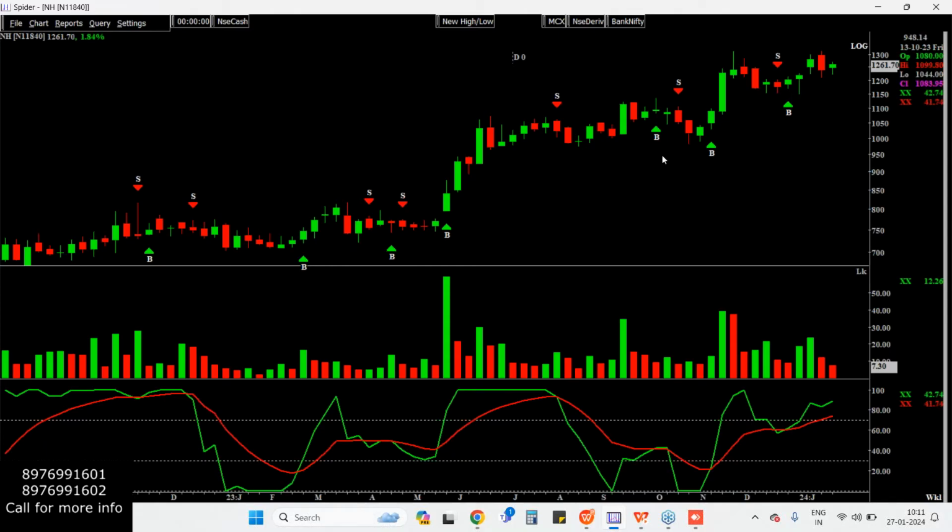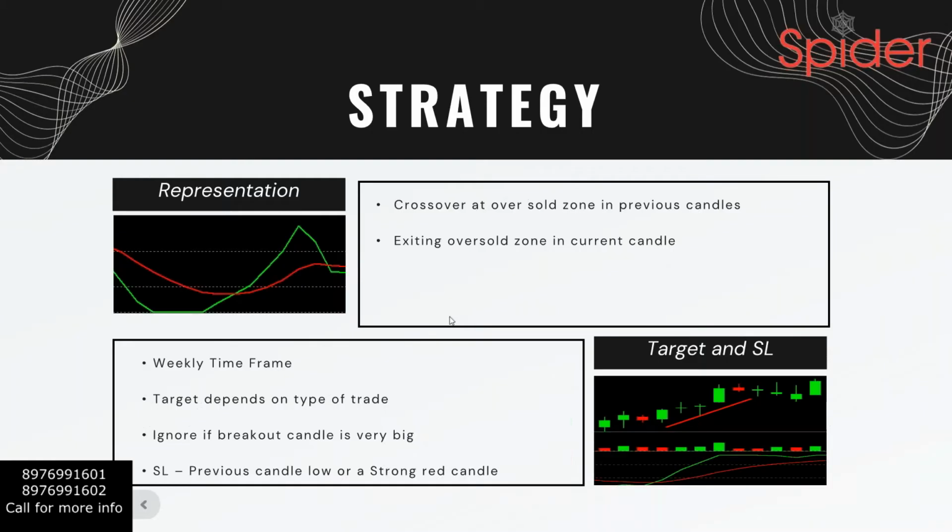So basically, your target will depend upon the type of trade. Okay, ignore if the breakout candle is very big. This was one of the main conditions that you have to keep in mind. And the stop loss is always the previous candle's low. For example,